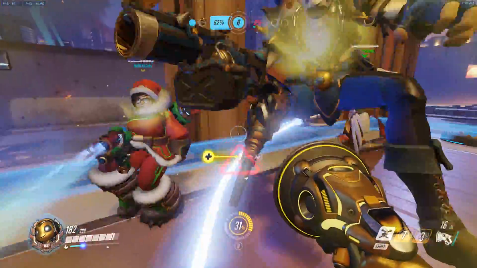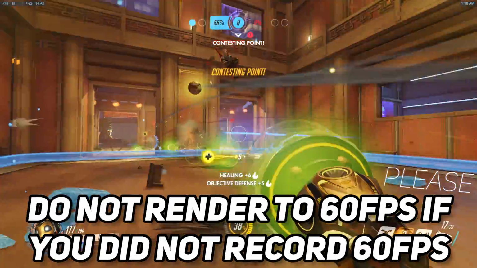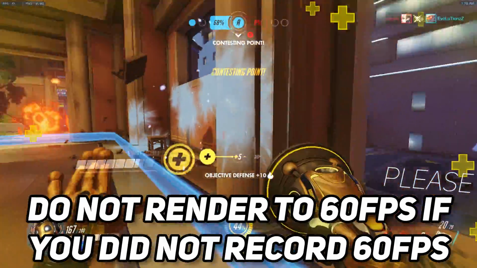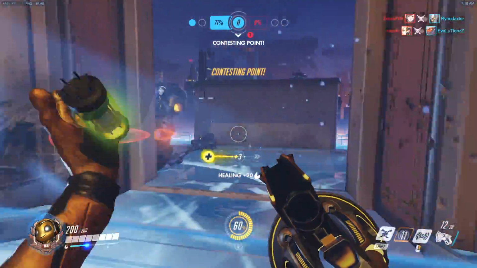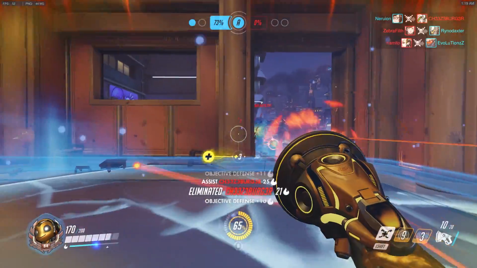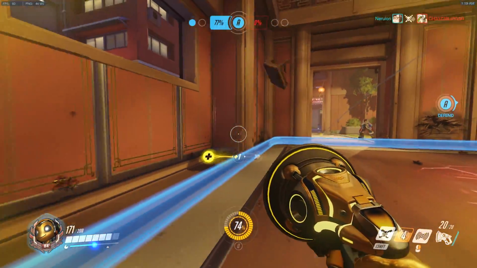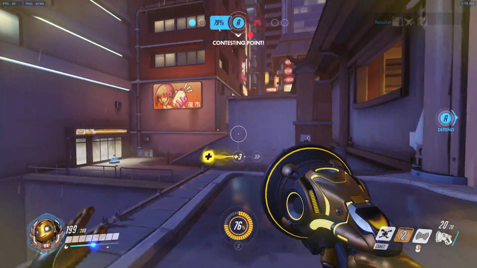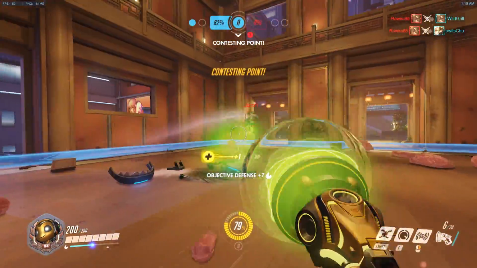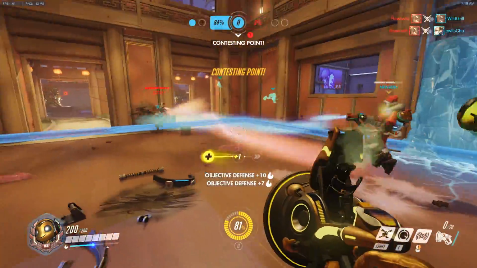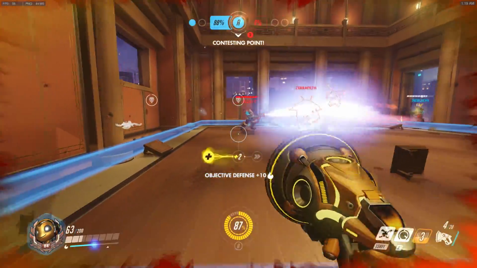Lastly, I want to mention that please do not render to 60 FPS if you didn't actually record a 60 FPS video. It can't magically make your video 60 frames a second. It'll just confuse viewers and it creates a lot of problems with your render settings. However, it is okay to render a 30 FPS video if you record in 60, if you're trying to just save on file size or something like that. But please don't try to imitate 60 FPS. It doesn't actually work. And it'll just add render time. It'll be a waste of your time and resources, basically. It literally has to fake those frames.